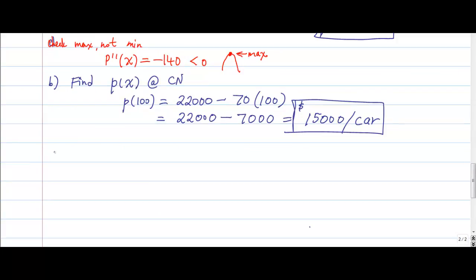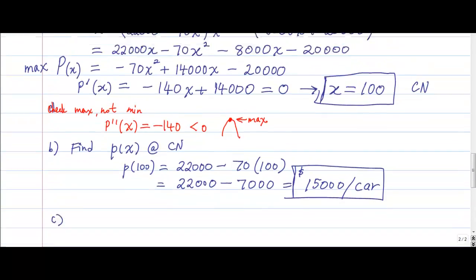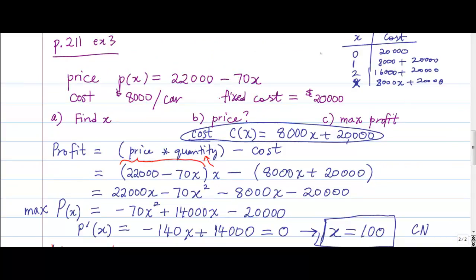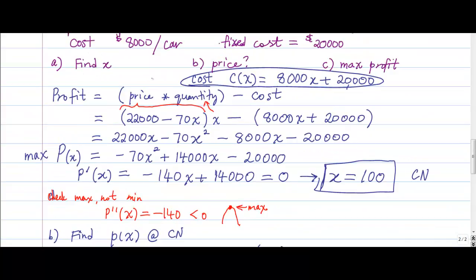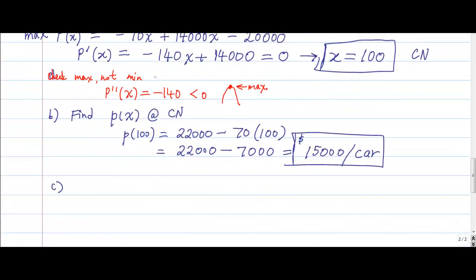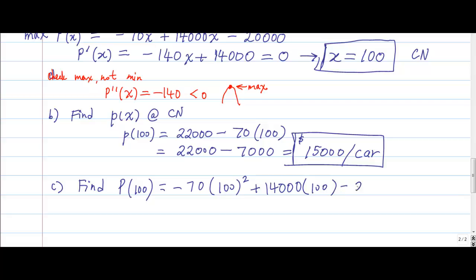Okay, letter C asks what is the maximum profit. So we're going to take what we found for x, which is 100, and plug it into the profit function. So we want to find capital P of 100. Okay, so that's negative 70 times 100 squared plus 14,000 times 100 minus